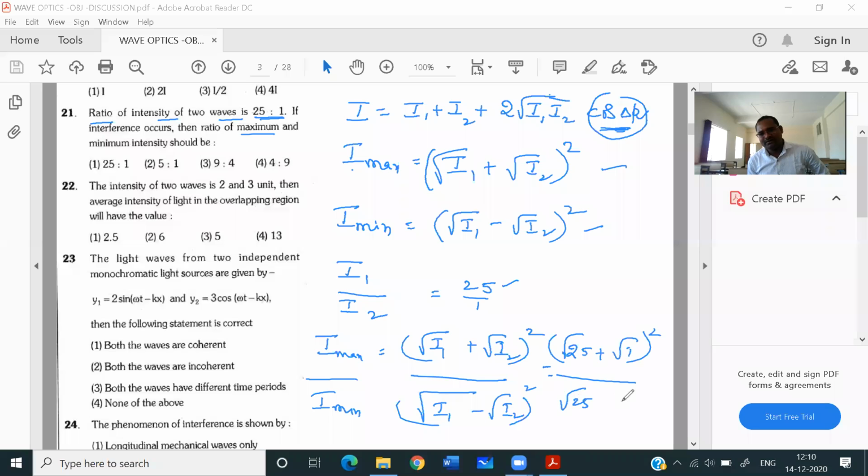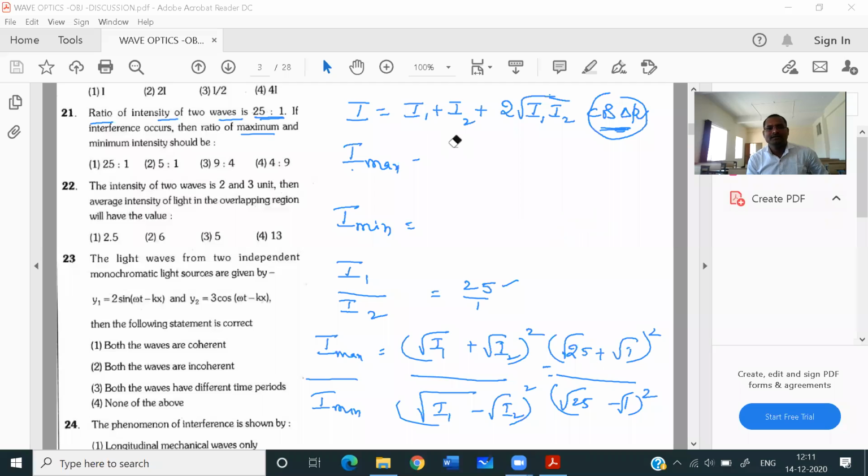Root 25 minus root 1, whole square. What is root 25? Root 25 value is 5, correct? So I take the ratio of I maximum to I minimum, and here I write it. This ratio will be root 25 is 5, plus root 1 is 1, whole square, by root 25 is 5 minus 1